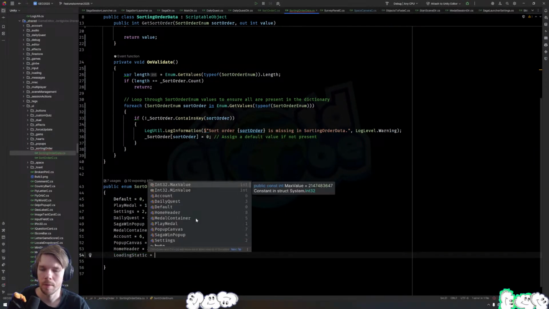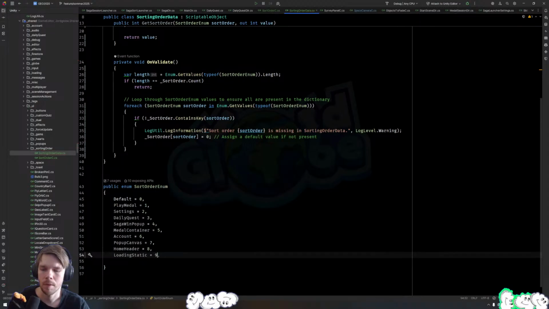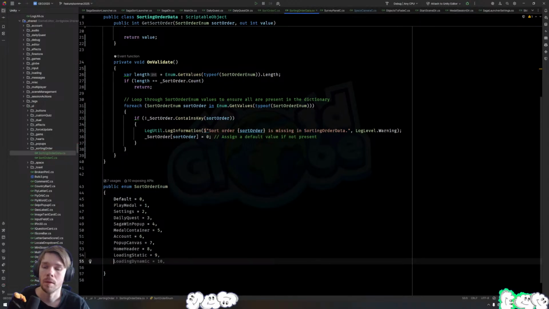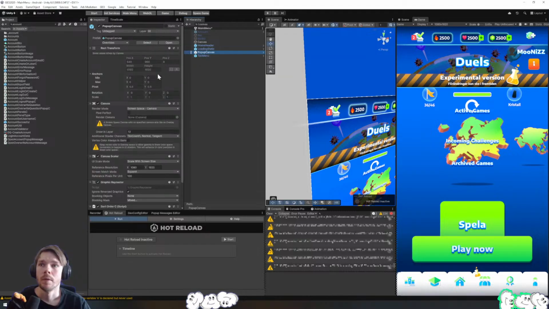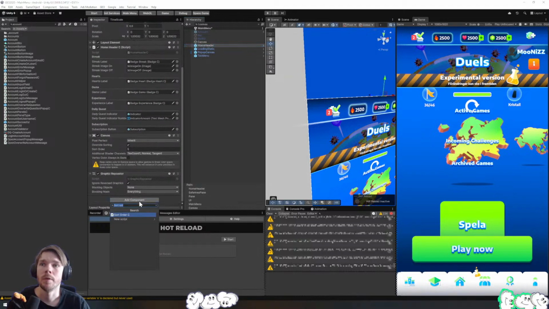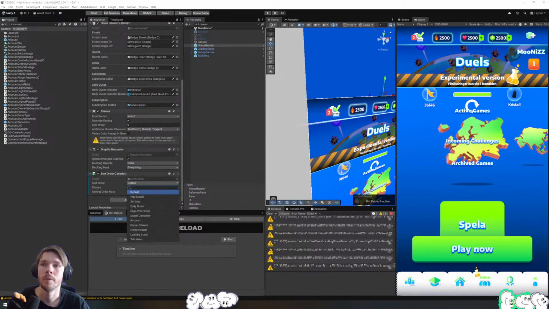Loading static. 9. Tab menu. Then I need to figure out all of the pop-ups that have their own. So here we can add home header, sort order, home header,